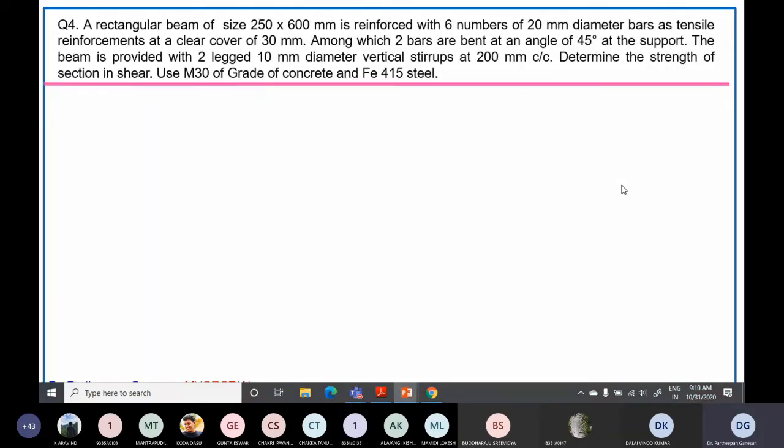Now, if you read the problem here, a rectangular beam of size